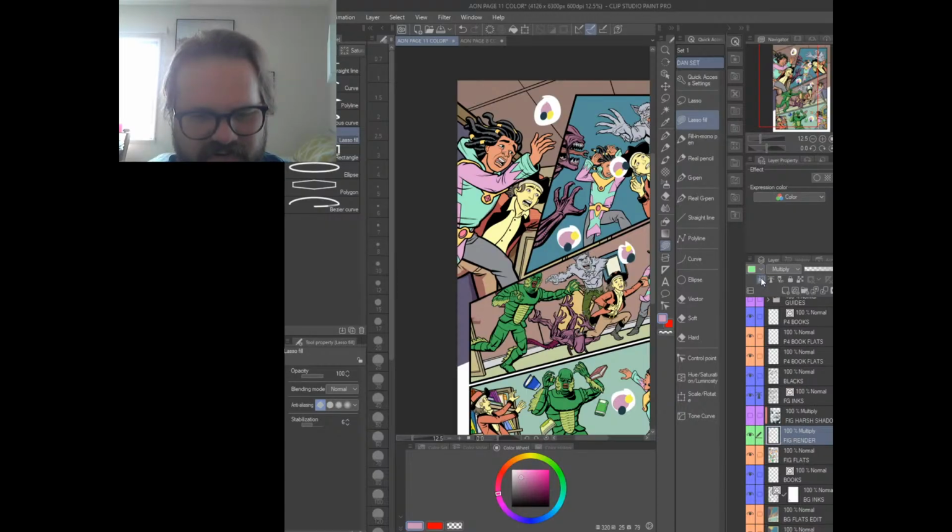Actually, I can probably turn it off. See, if I turn it off, the rendering goes outside the lines. You can see how it's going outside his pants and stuff. So what that is, it's a clipping mask. It clips to the layer below. So then, I bet I could do that in